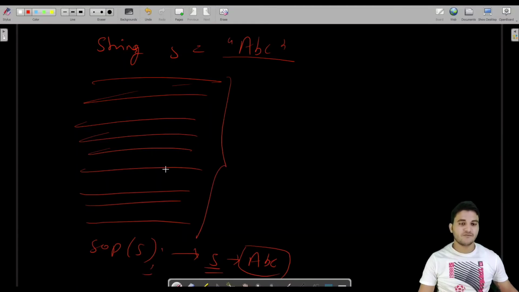But in the middle of these lines, some other developer came and did some operation on this, s plus d.